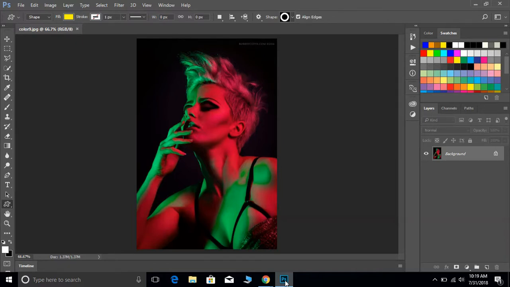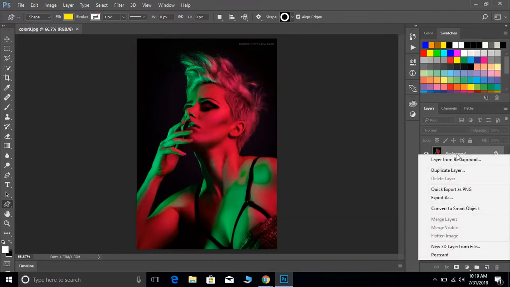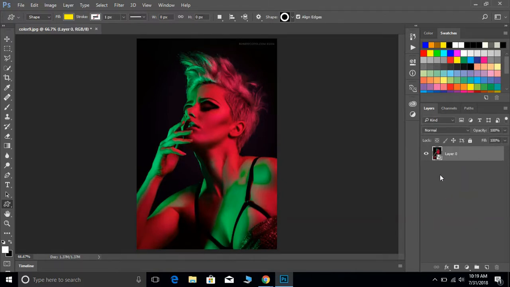So what you're going to first start out with is we need to make this a smart object. So you're going to open up your first photograph, and you should come in with a background that's locked. Right click on the background, and then we want to convert to smart object. And then it should look like this. And from there we want to